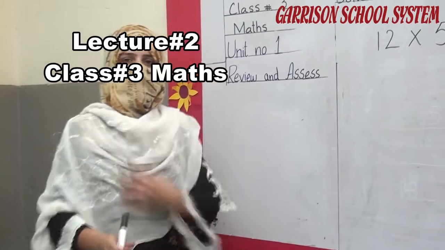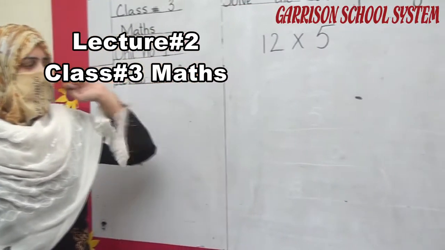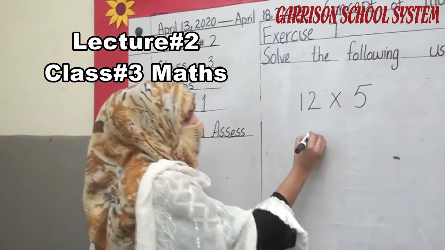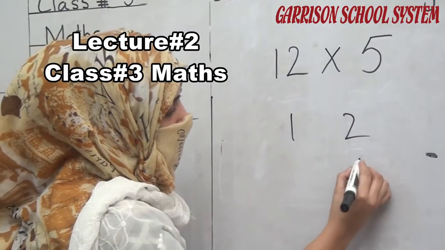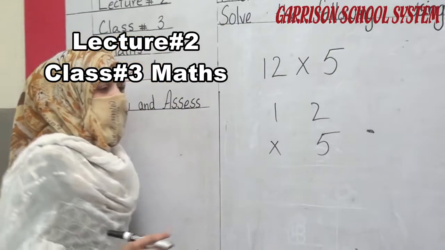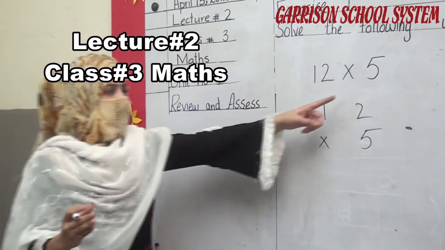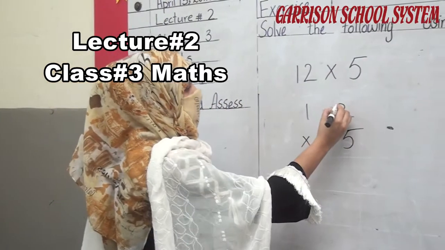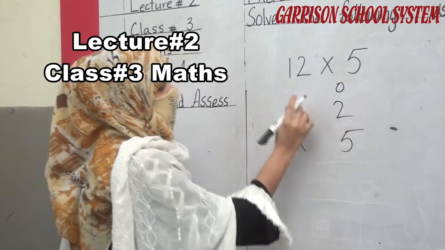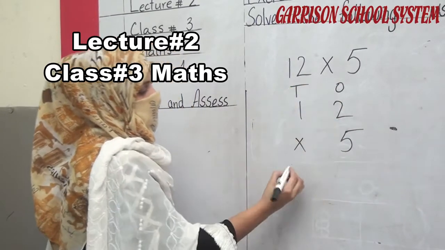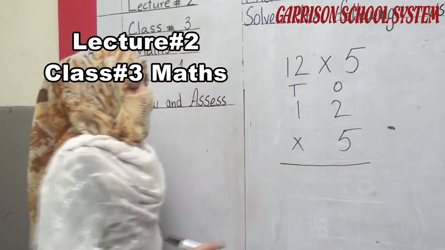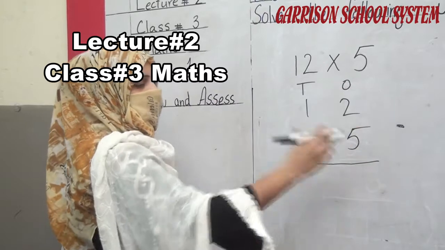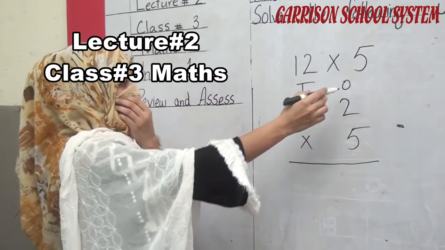Okay students, here is another example of multiplication. Here is a 2-digit number multiplication. So students, as you know, from the right side the number is ones and the left number is tens. This is our right side and the right number is ones and this number is tens. Now we start solving from the ones side, from our right side.